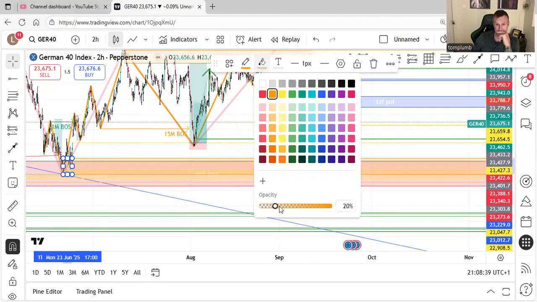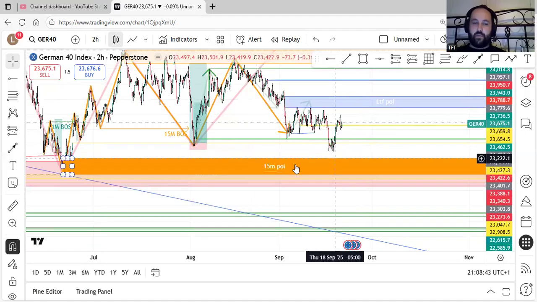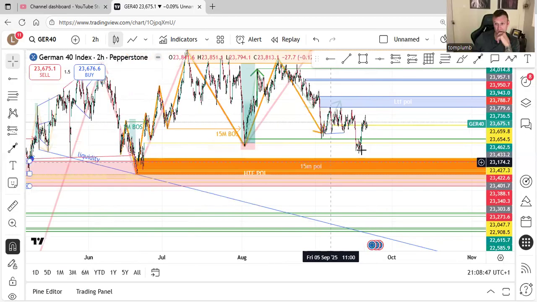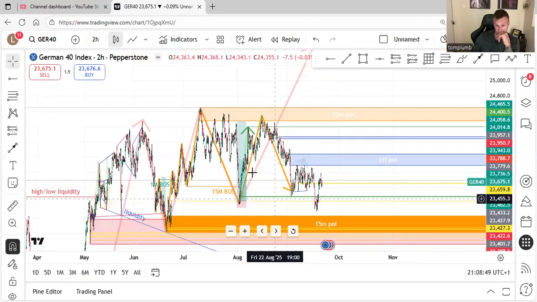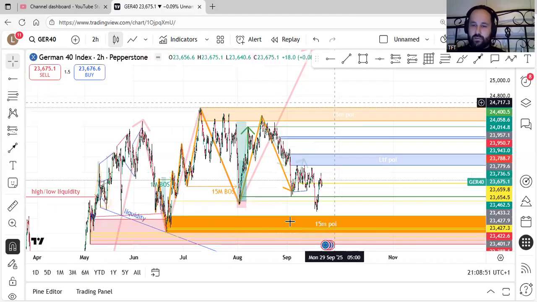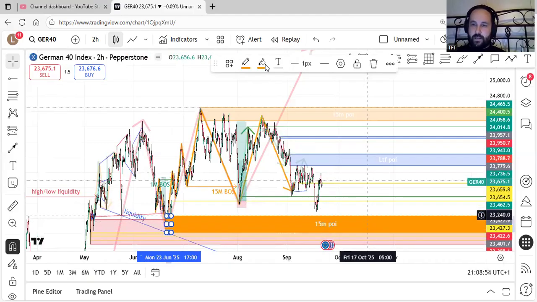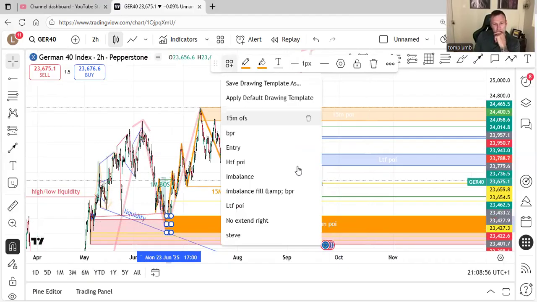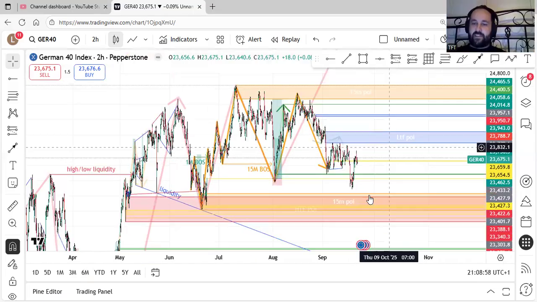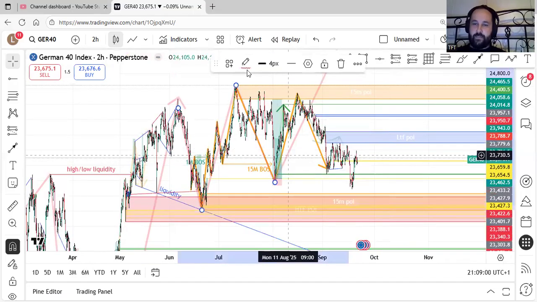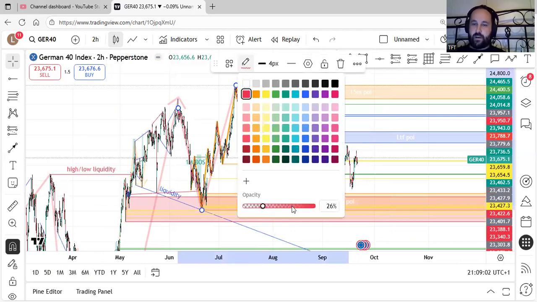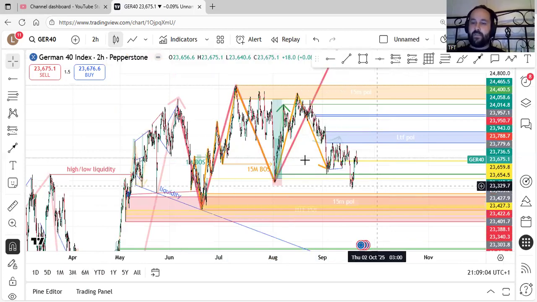Basically, if it comes somewhere in here and gives a good 1 minute break to the upside, that's a real good possibility. I'll just dull that down because that's dead bright now. So if price does come down to here, I've got this orange structure marked as my 4 hour. That was just a guess.